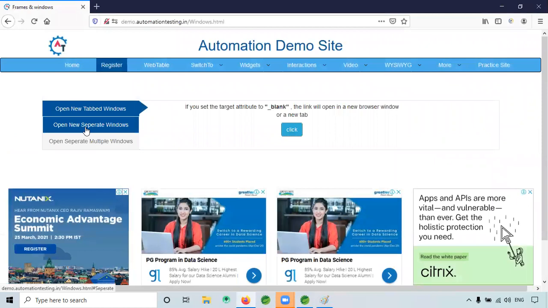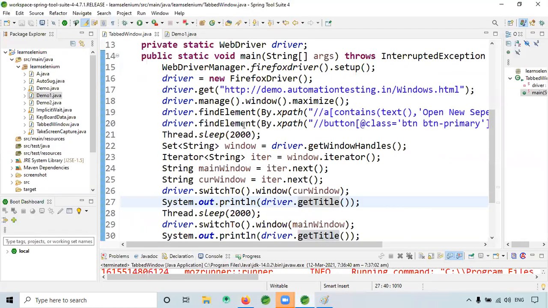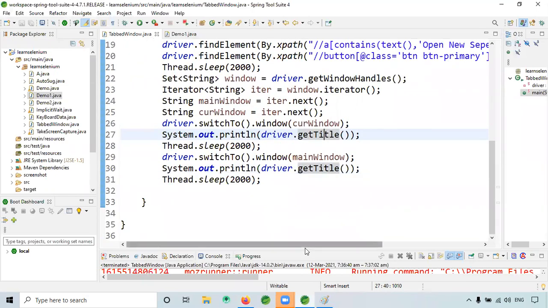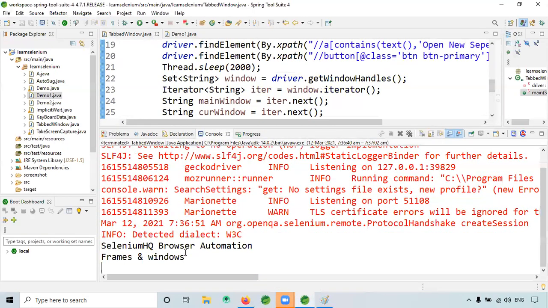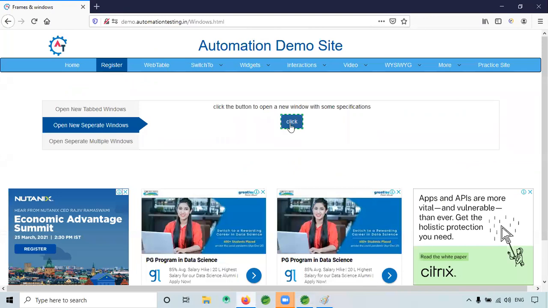So the code remains the same. It will work. Let's see whether, if the code is working, the same output has to come, right?